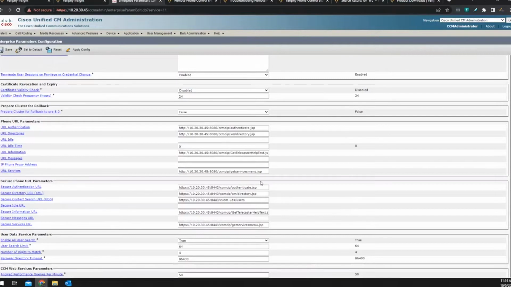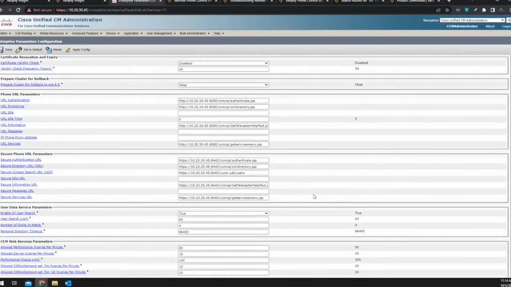Now, occasionally, there's two things in this field that might cause us issues. One is if it's using a fully qualified domain name instead of the IP. That has been known to cause issues in the past if there's any DNS routing issues. So sometimes we need to just make sure DNS is updated and that's all working, or just switch it from the FQDN to the IP address.